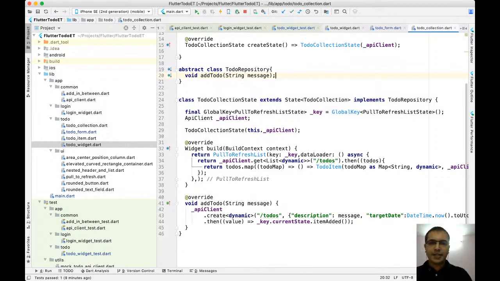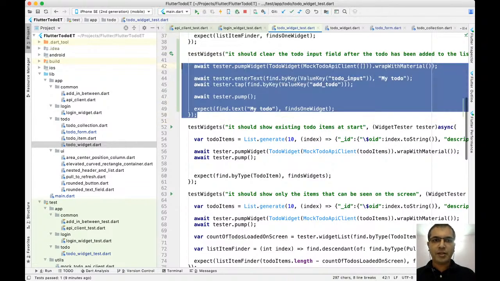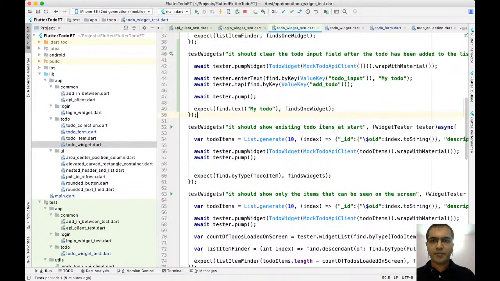So let's do this quickly. The test that I need to write is it should not clear the text field if add to do fails. So let's go back to the test, and I am going to write it over here.